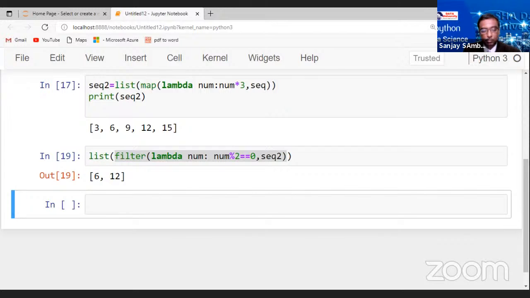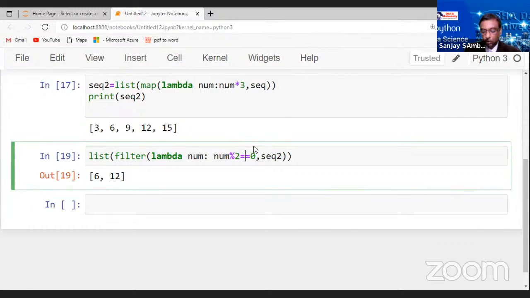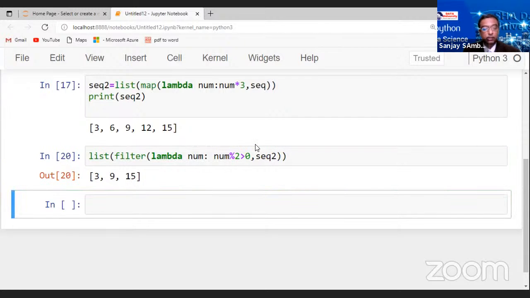And if I want an odd number, so I just change the equation. So it will be greater than 0. Not equal to, only greater than. If I execute, 3, 9, 15 are the odd numbers. So we have learned two functions. That is, one is map function, the other one is filter function, and a lambda expression. Okay, now